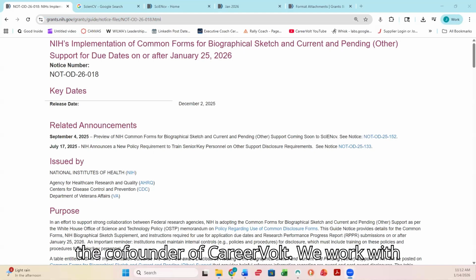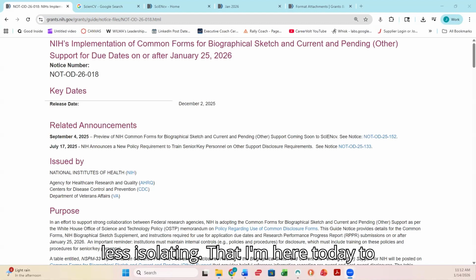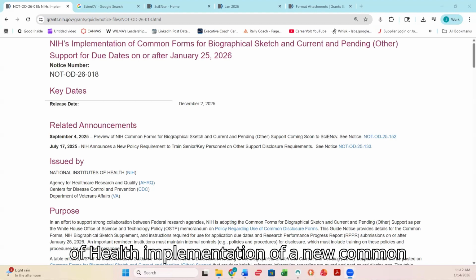We work with research leaders and aspiring researchers at academic institutions and research institutions and companies to help make your job more fun, more successful, and less isolating. And I'm here today to talk to you about the National Institutes of Health implementation of a new common form